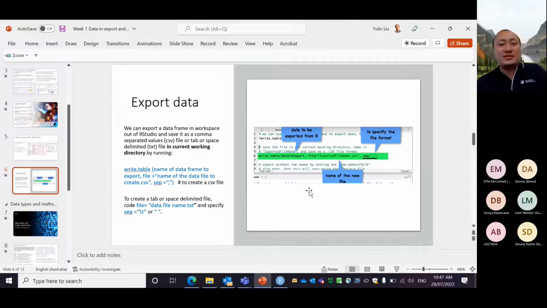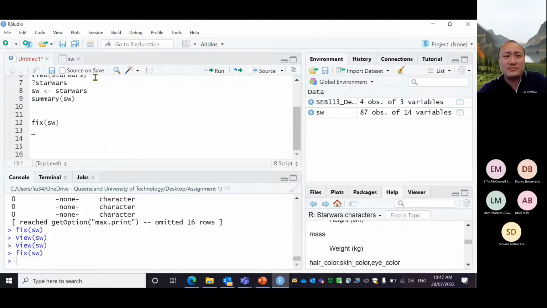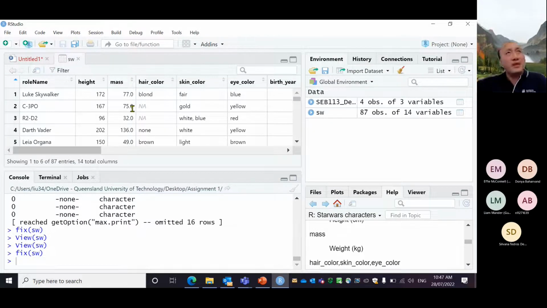All right, export data. That's easy. So suppose we have done some massaging to my SW data. We change some variable names. We delete some rows. We change some columns. Okay, we will remove some columns, we change some values. Just imagine, we do that next week. Next week we talk about how to